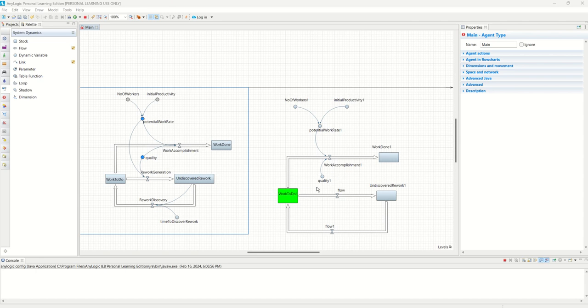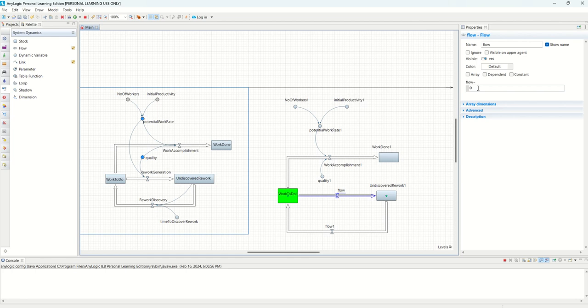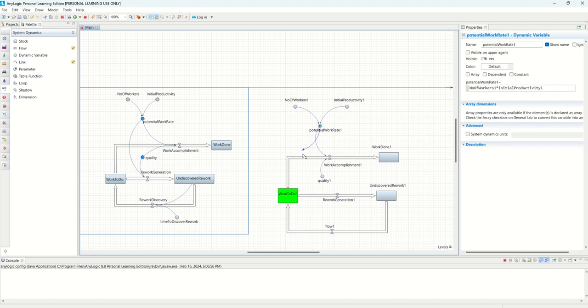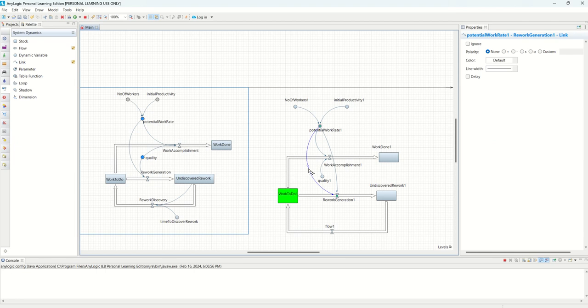and now the other one is the relationship, what's the rate for rework generation, and how do we go about this. So this rework generation is a function of the quality, and by what rate is this work going out. If the given task that was completed didn't have problems, then it would go exactly to here, right? But when it goes out, instead of going out here, it's going out here, right? So with the same work rate, instead of it going here, it goes here. So that's why we're going to use the same productivity for the flow rate, but as a function of quality, right? But instead of directly,